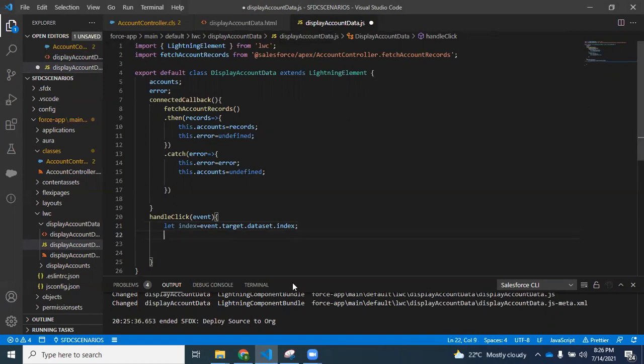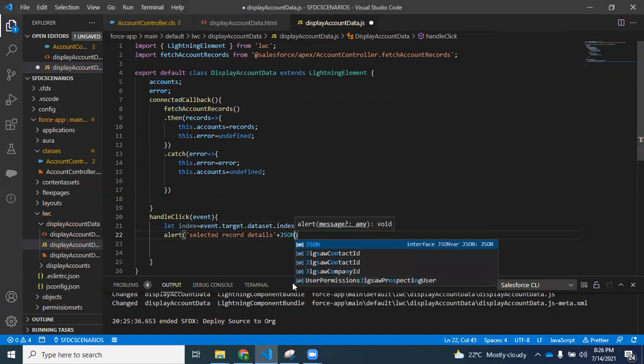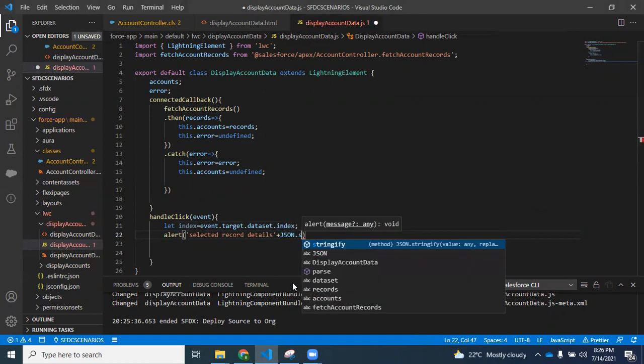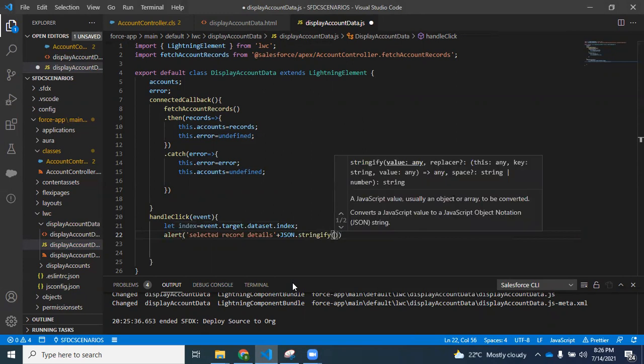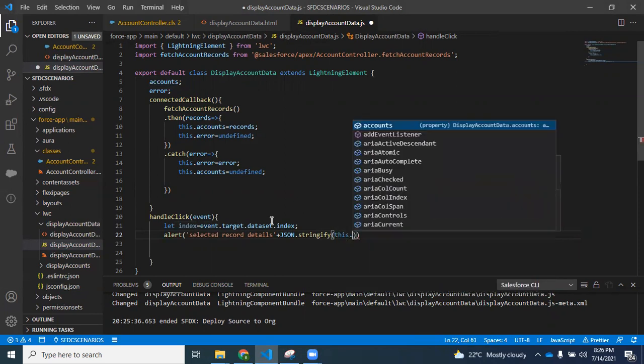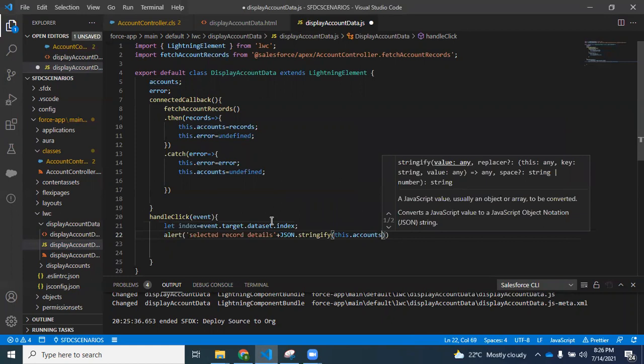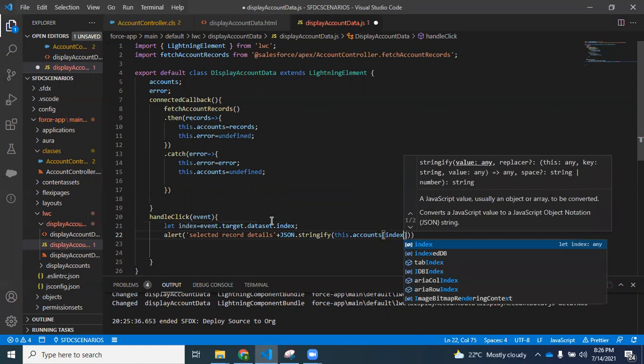Now I'll write the alert here: Selected record details. Let me use JSON dot stringify, and now the data will be present in accounts, right? If we want to refer to that, then we have to make use of this dot accounts of index.